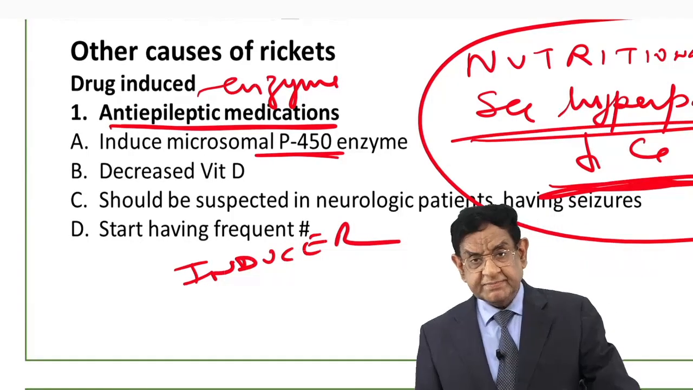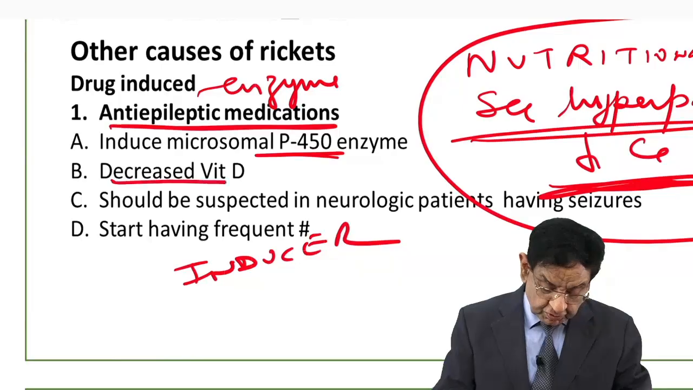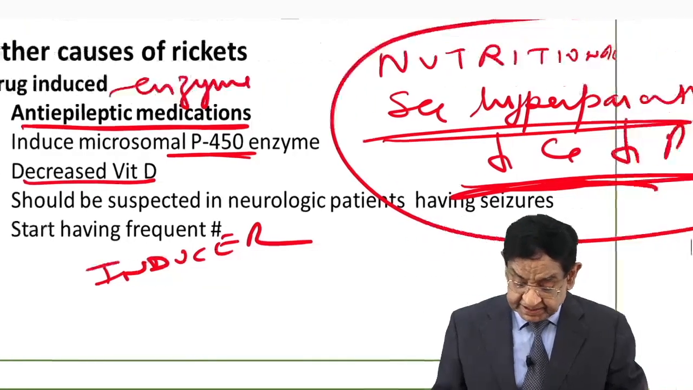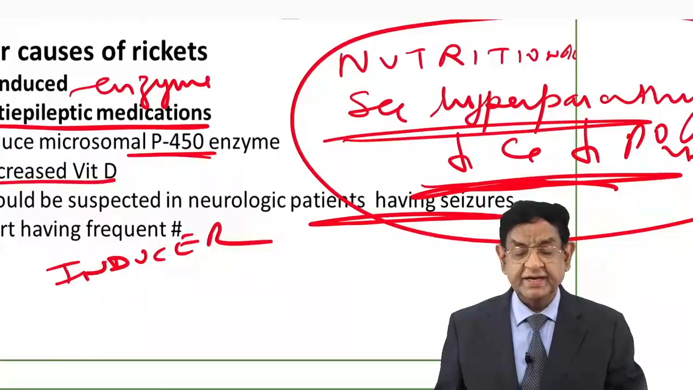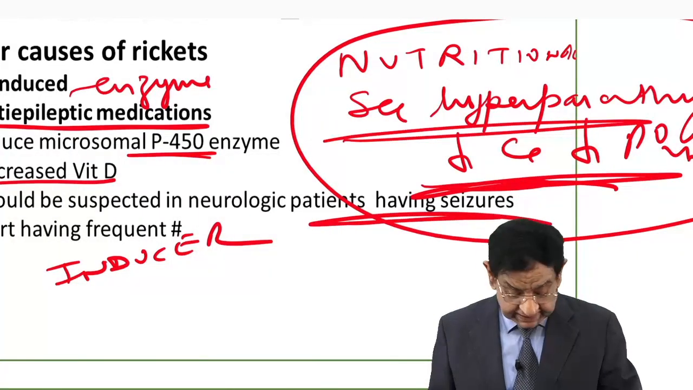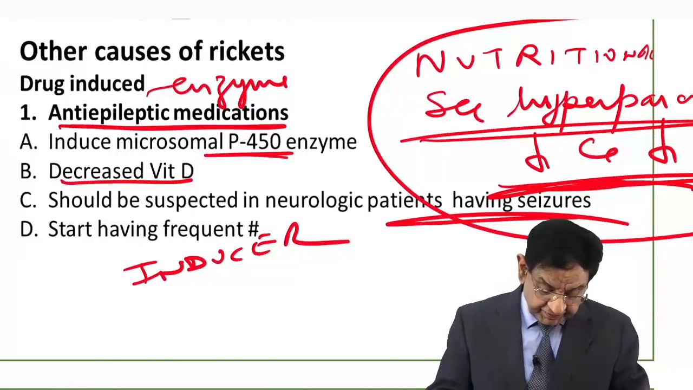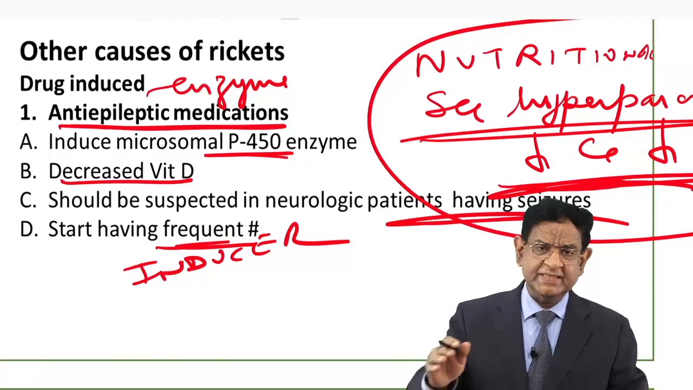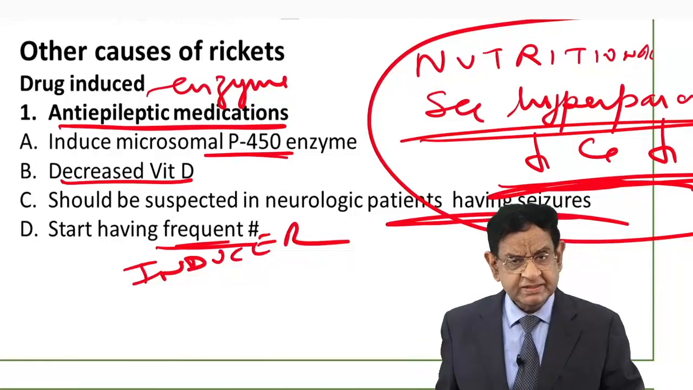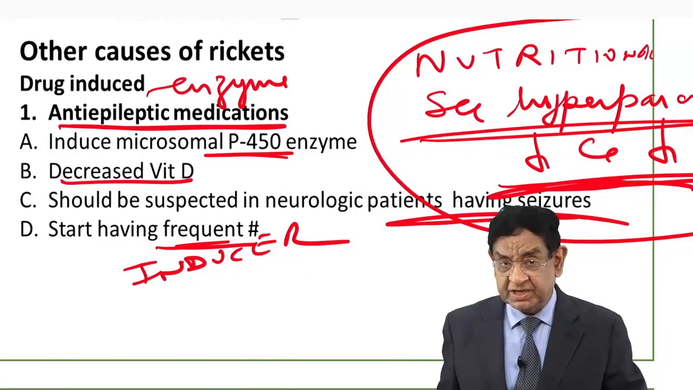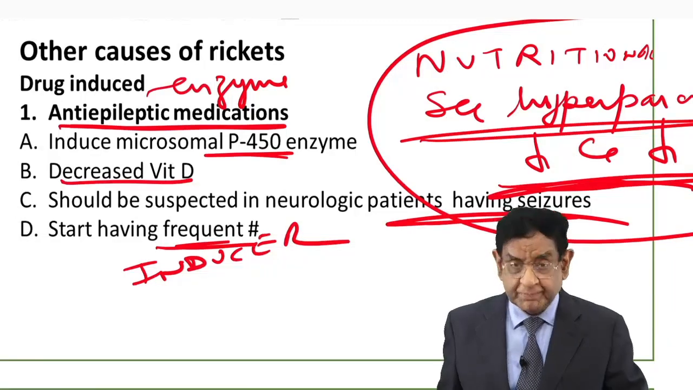So they are the enzyme inducer. So they decrease vitamin D level, and that can lead to seizures. Why? The point I discussed, vitamin D deficiency will lead to hypocalcemia and frequent fracture. All due to low vitamin D, low calcium. There is a generalized feature of, so here also they will have generalized bony problem, which is a feature